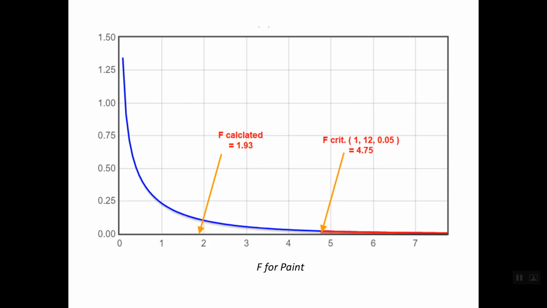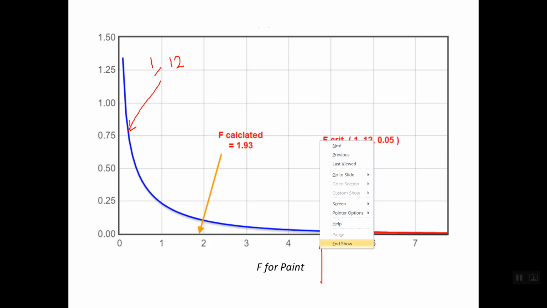Let's understand what we have got. This is the curve of the F distribution for degree of freedom 1 in the numerator and 12 in the denominator. And regarding the critical value of F, we have got it to be 4.75,